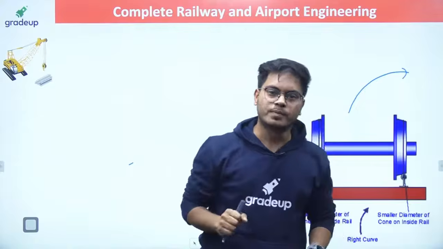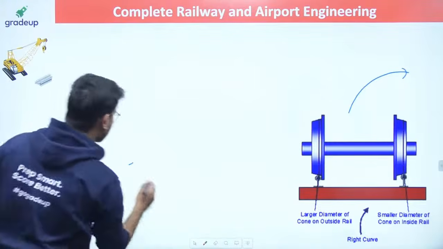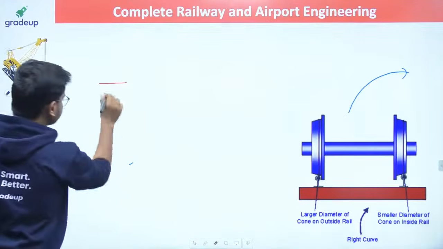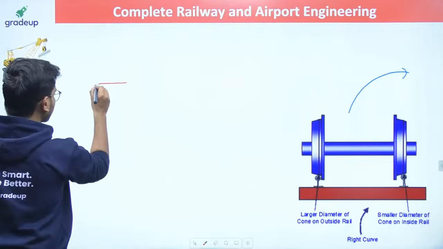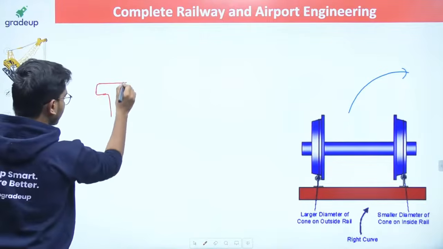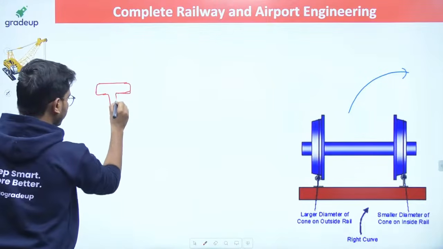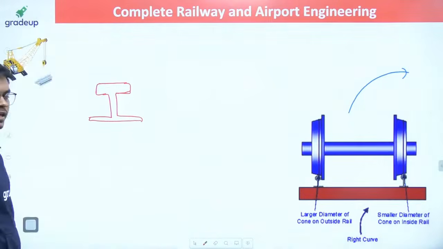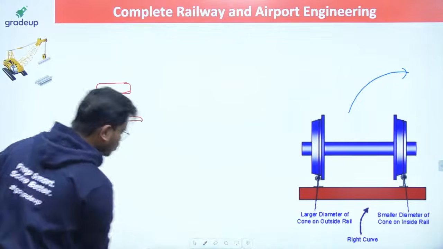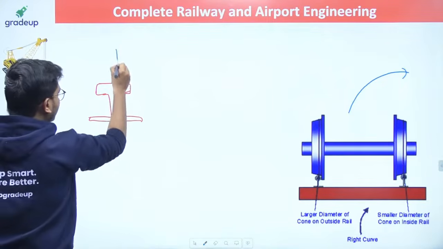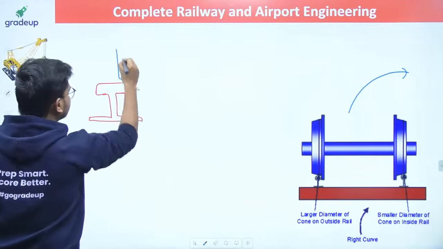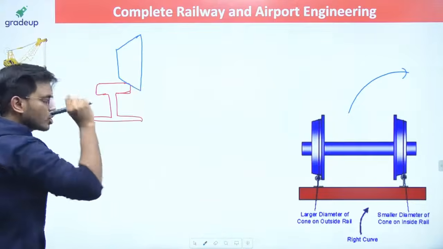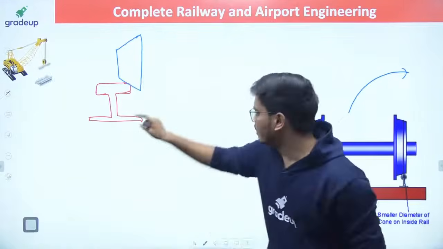Now what is that problem? Understand here. I will draw the diagram again for you just for better understanding. So this is my head of the rail, right? I have just shown you guys that the tire will be like this. And as soon as the tire will be like this, can you see the contact? The contact is very less here.